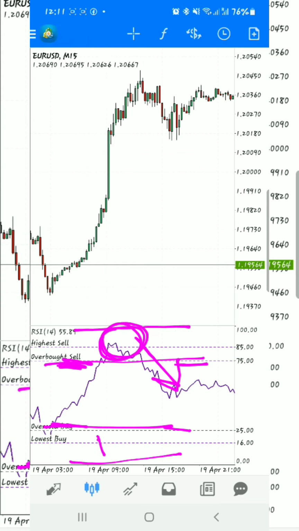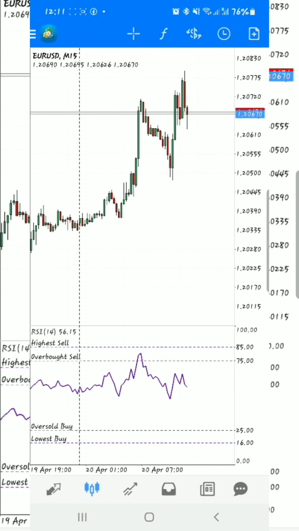From this level you can buy because that's the oversold region. From this level here you can sell because that's the overbought region. It means when buyers have overbought the price, it will tend to drop. When sellers have oversold the price, it will tend to rise up. So that's how we use the